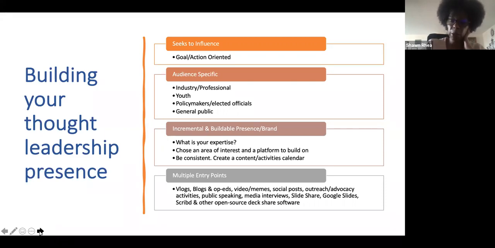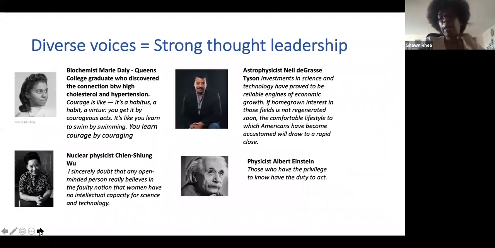So that's another way. And finally, I had mentioned earlier that it can be intimidating to think about being ready to step out into the world and really influence a narrative. It can be particularly intimidating if you don't see a long track record of people who have similar experiences and similar backgrounds as you. But there are people out there to model yourself after.